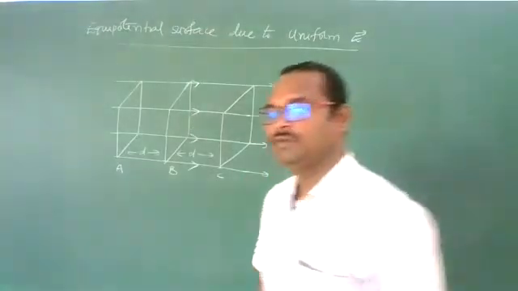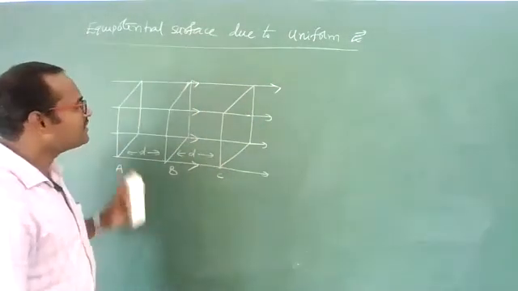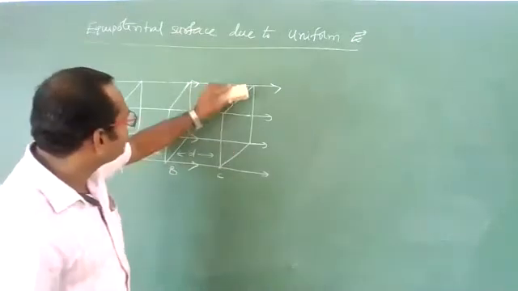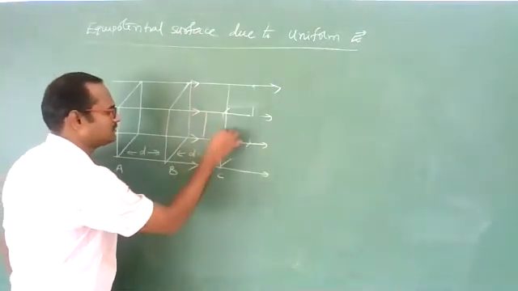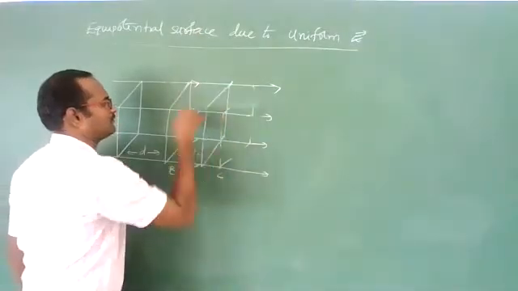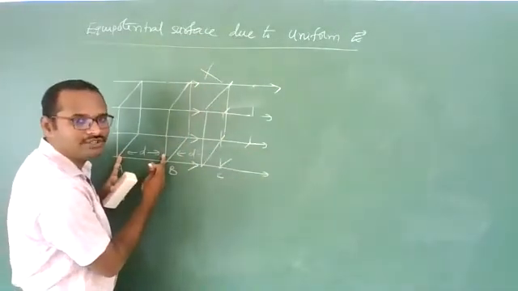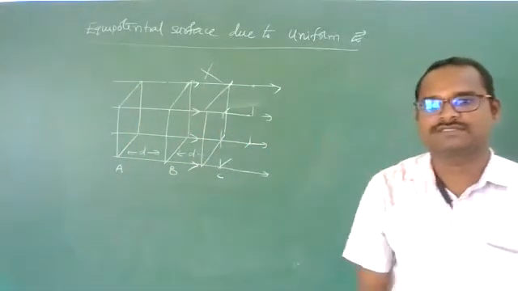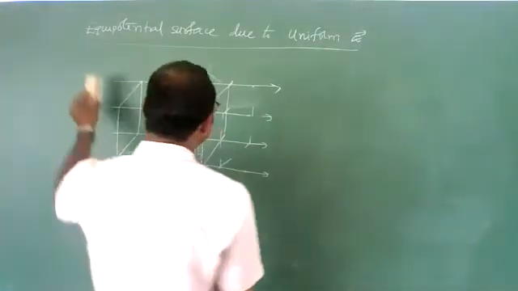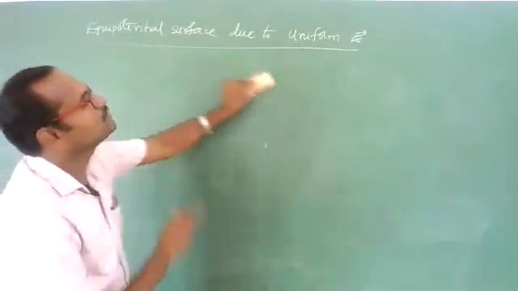It is a two-mark question. You should not miss that easy question. If you show a small variation, it will be wrong. If you draw this one very near to this, then it will be wrong. How much separation you have taken between any two, the same separation should be there. Clear? So this is equipotential surface due to uniform electric field.